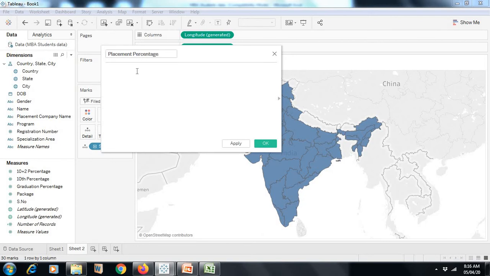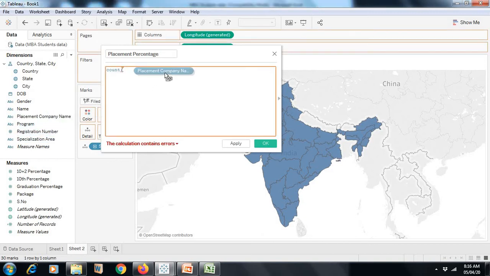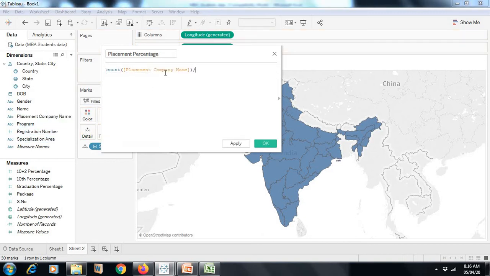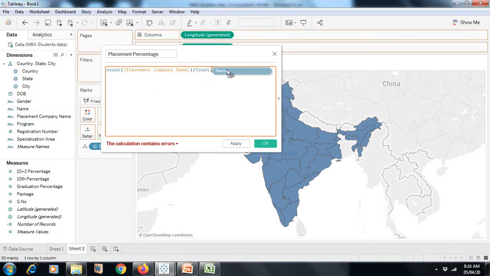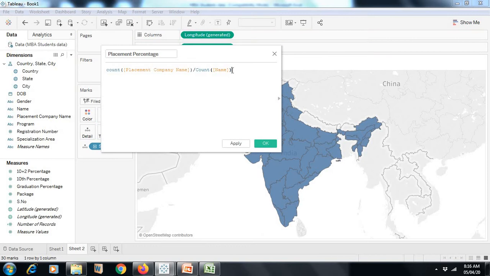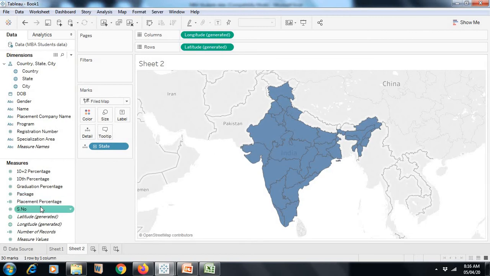The formula could be count of placement company name divided by count of name total, multiplied by 100, so I get it in percentage. I find one more field added here, percentage.